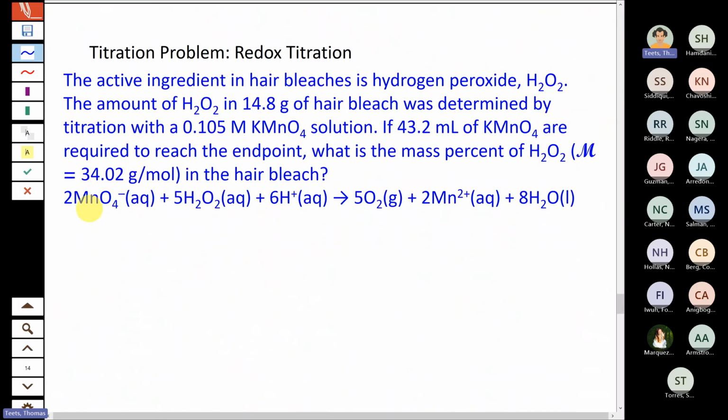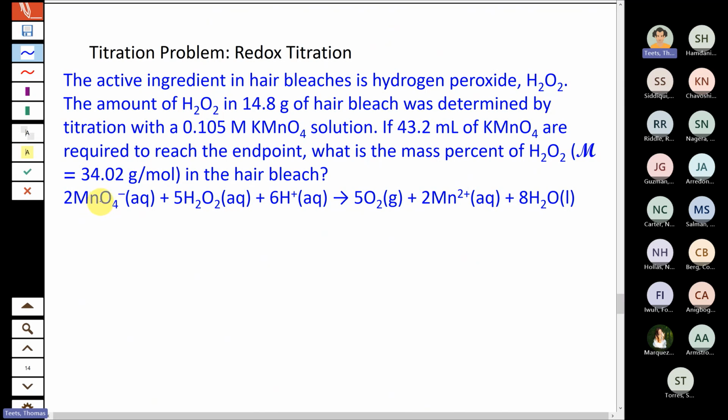That we can also do titrations with redox equations or any other type of aqueous reaction. Acid-base is the most common, but there are redox equations too, where you can set them as a titration. This one's pretty interesting because we have permanganate as one of our reactants here, and it's going to be converted into manganese 2+. Permanganate has a nice pinkish purple color, and so it actually